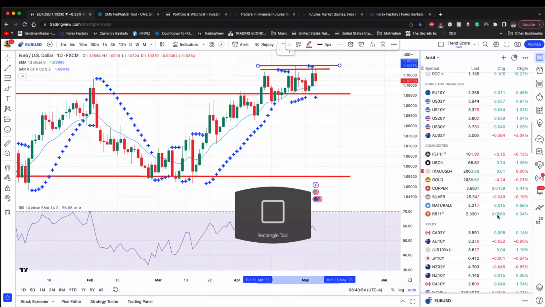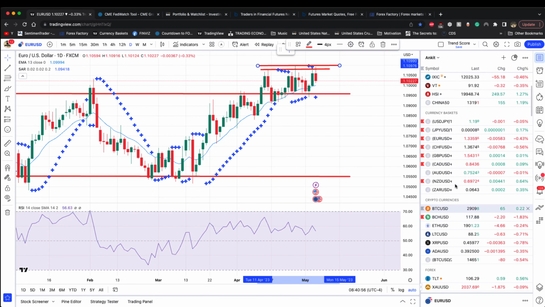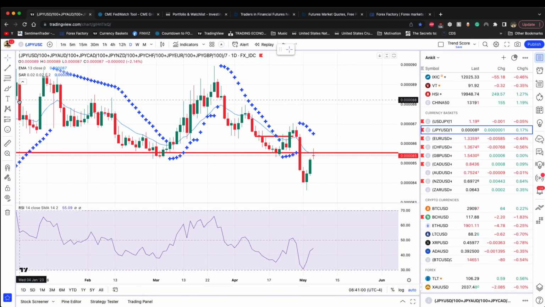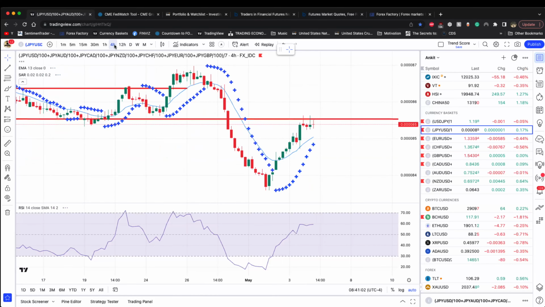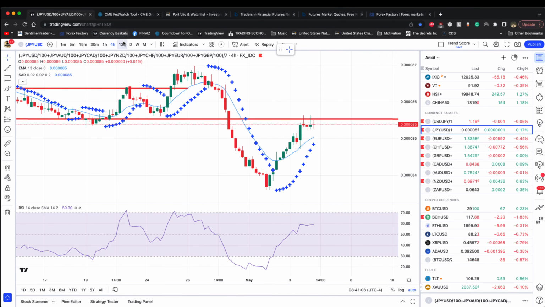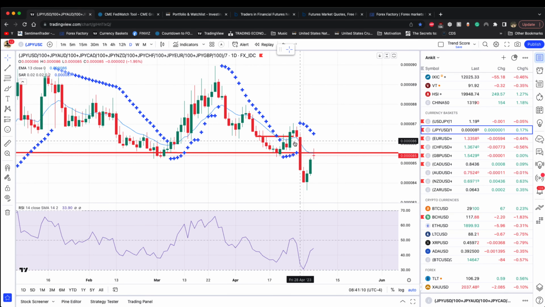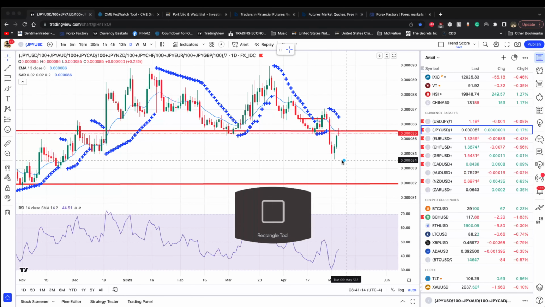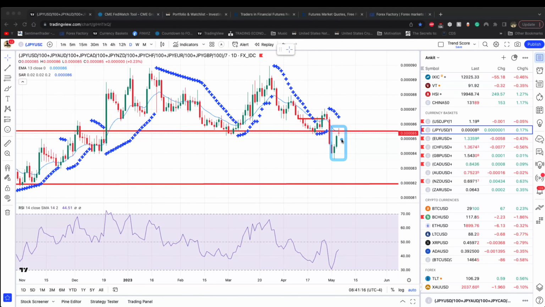So we identified that the money is going into the Kiwi, and second best currency is surprisingly yen. So this is where let's sort of break it down, yen price action too. So relative strength is strong, but notice that with this rally, we had a massive drop with the massive rally. Question is, is this a bear rally? Is this a rally to short into, or is this a rally I want to buy?